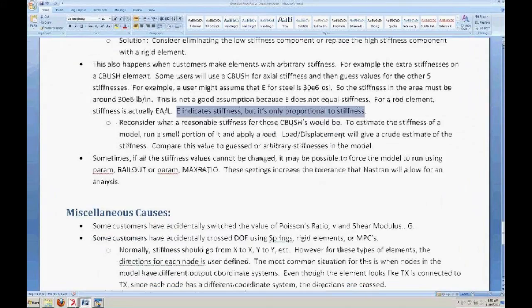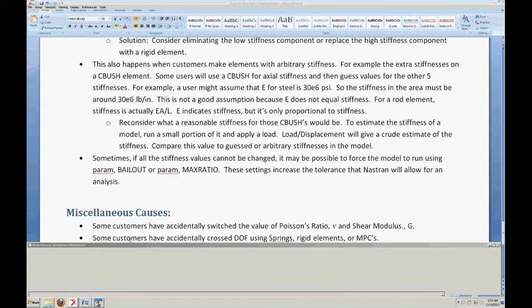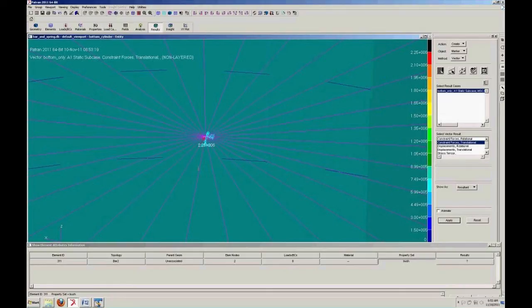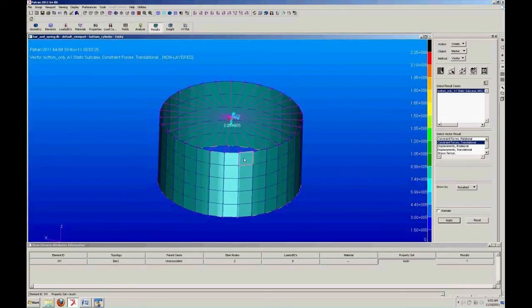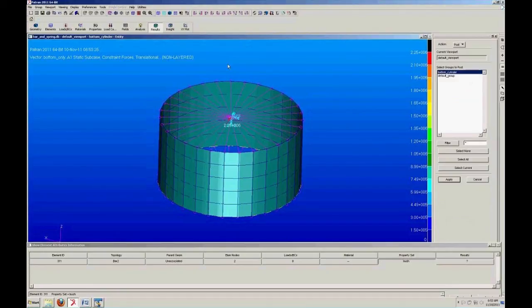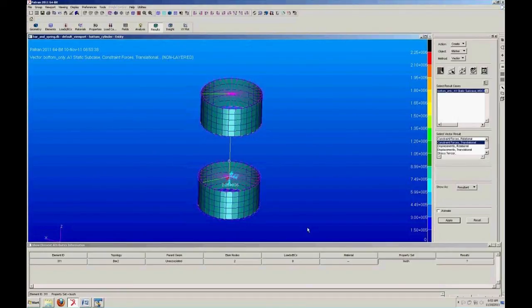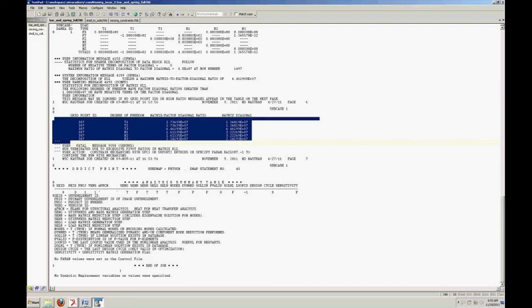Sometimes, like in the axial direction, for instance, what if the stiffness actually is 1.0? What if that's the stiffness you actually want? In this case, I'm trying to tell you guys some guidelines for fictitious stiffnesses just to keep the solver happy. But what if it's an actual structural stiffness that you care about? So, like in this case, I've got stiffness values of 1.0, and that's basically a value I got out of a table based on properties of a bushing. If you have to use that stiffness value, then in that case,